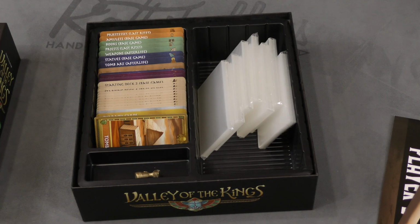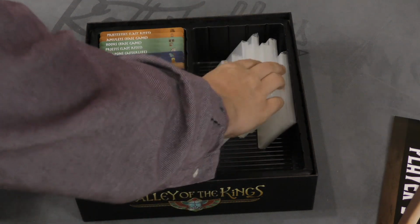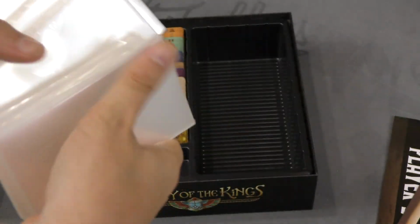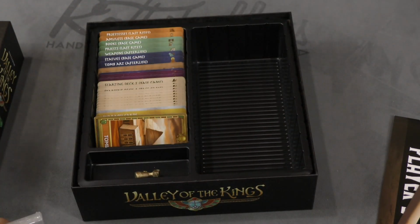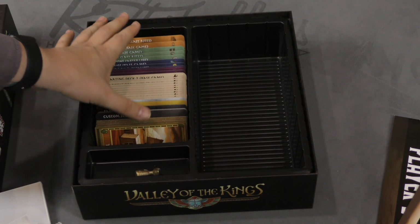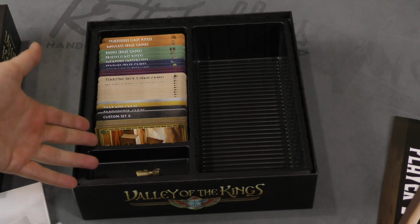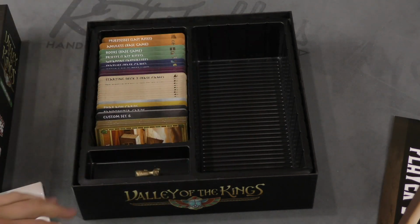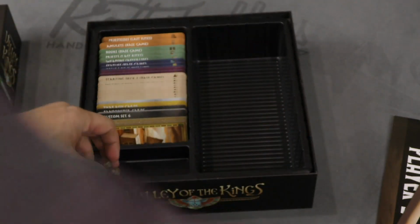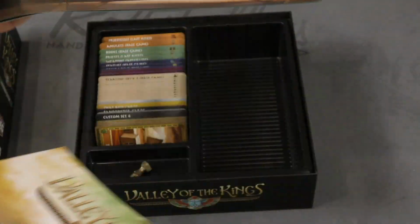So here's what's inside the box. You can see there's room for more. These are sleeves. These don't necessarily come with the game, but I'm going to sleeve mine, and I put them in here to show that this is the unsleeved one. Once I sleeve them, it's going to take up more room. But as you can see, it's only taking up this much space in the box, so there's more room for expansions here. There's a little starting player piece here, and the game is going to come with a rule book